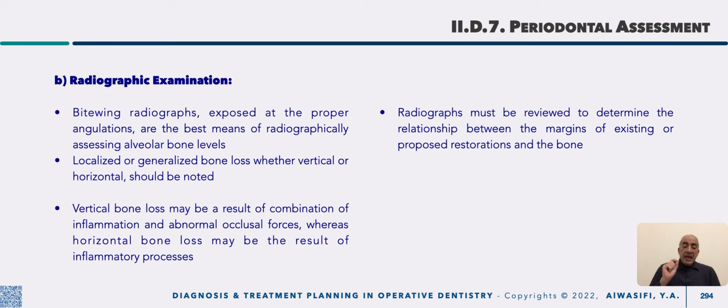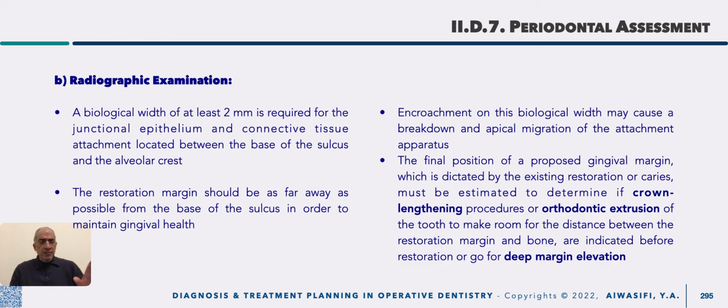Also, radiographs must be reviewed to determine the relationship between the margins of an existing restoration and the bone level. This is an important issue for the success of the restorative procedure and for the health of periodontal tissues, because we have what is called the biological width, which is at least 2 millimeters. It is the distance from the junctional epithelium and connective tissue attachment located between the base of the sulcus and